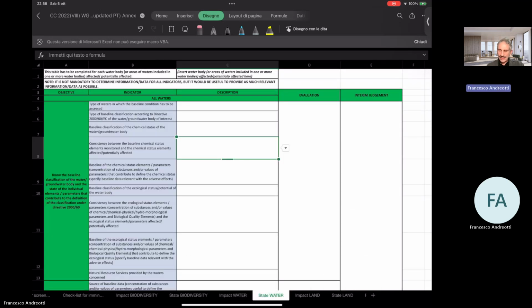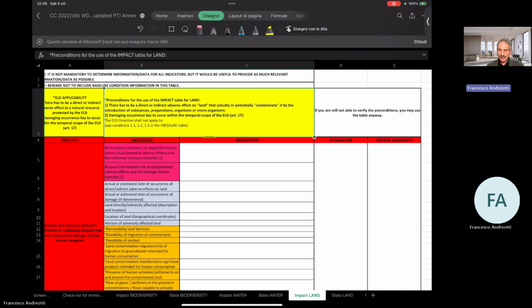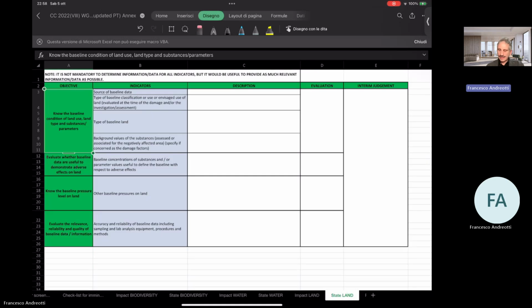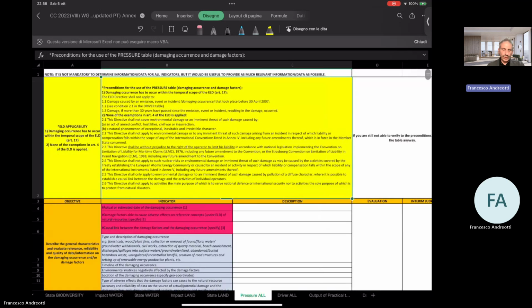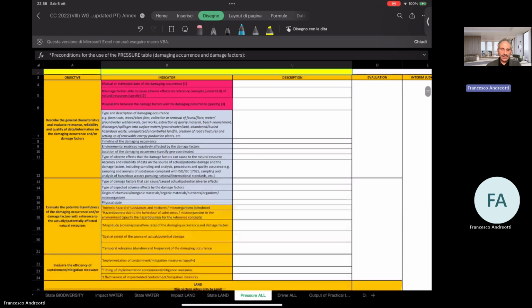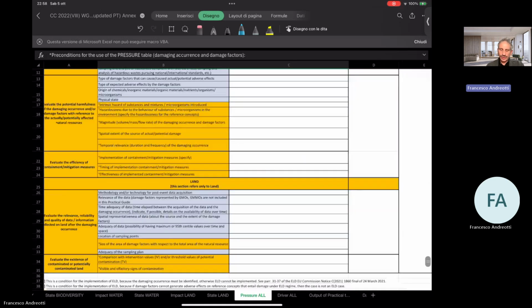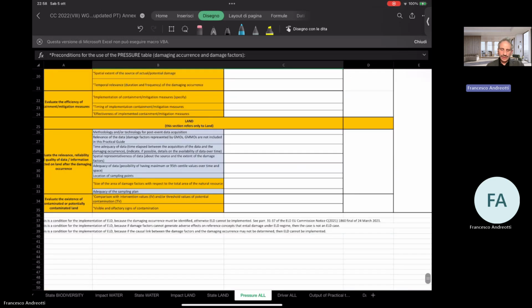The same for the state for water, impact of land, and state land. Instead, for pressure, you have, of course, as I said, the same structure. First, check of ELD applicability in relation to the pressure, namely to the damaging occurrence and damage factors. Then you find the same structure, where here, in particular, you have indicators related